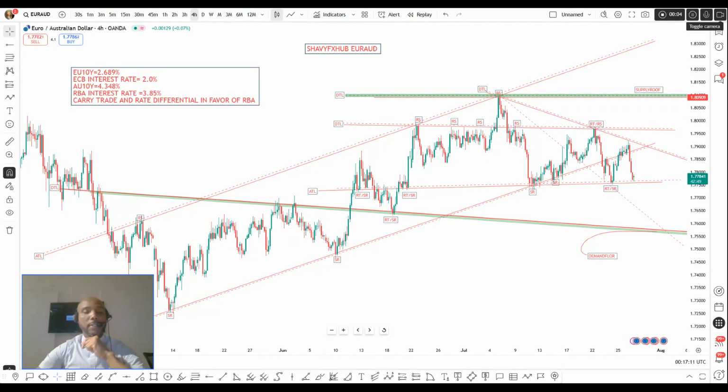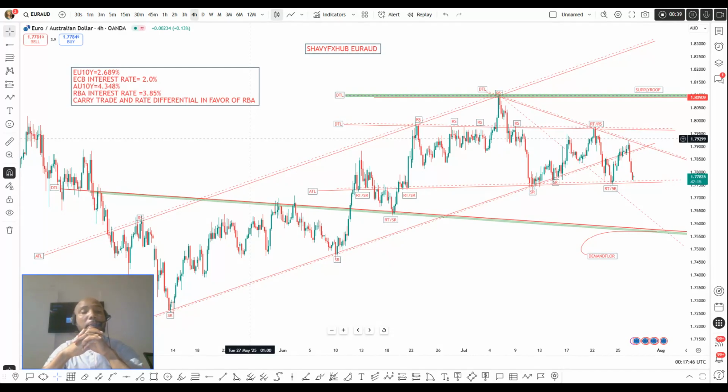So let's look at Euro AUD. This is 1:17 a.m., and the first thing we want to look at is the Euro 10-year bond yield standing at 2.69, and the European Central Bank interest rate remains 2.14, main refinancing rate 2.4, and marginal lending 2.14, while the AU 10-year bond yield remains